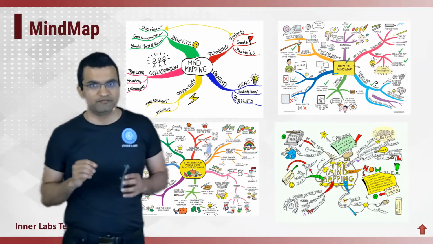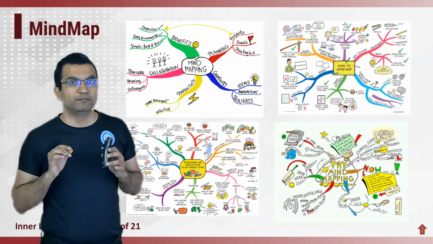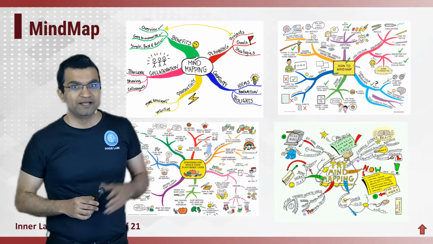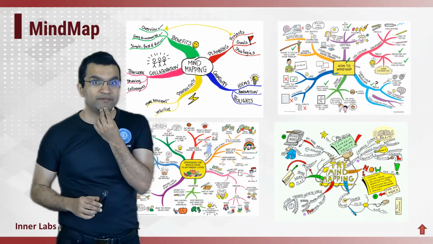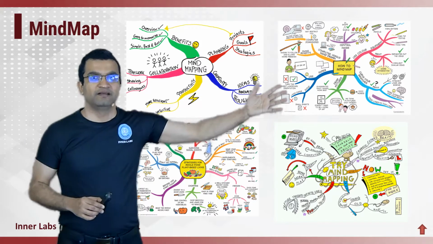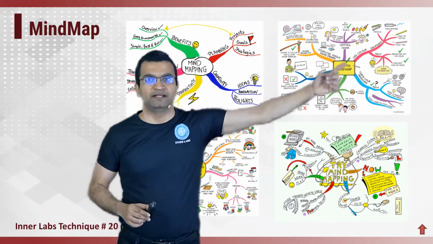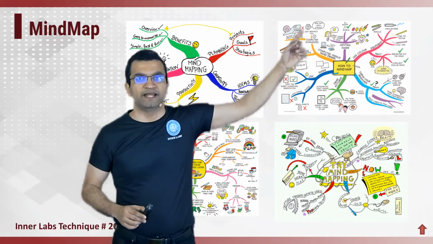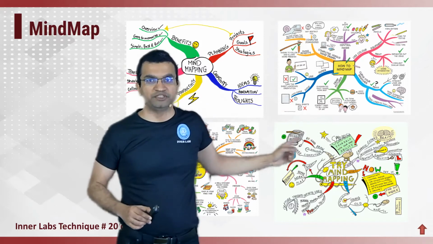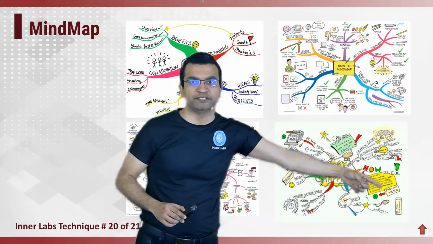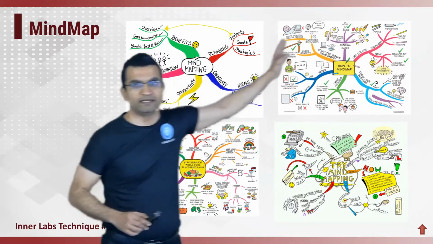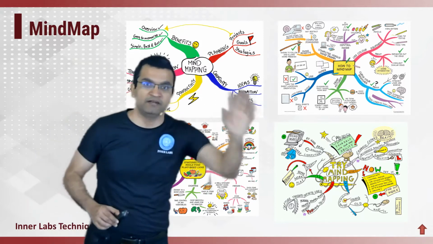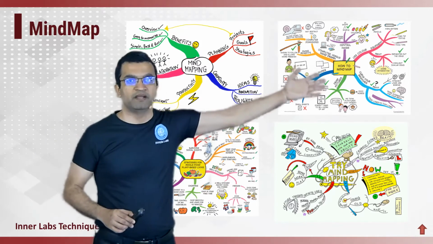In this video, we are going to look at one of the most important memory techniques called mind map. Do you know why this is called mind map? Look at these pictures. There is some central idea, then there are branches, and then there are sub branches, and there is some text written over here. There are some pictures, drawings, some information, some graphics, everything like this. So you can make a mind map of any information you want to remember.